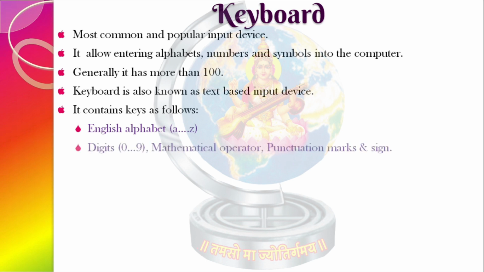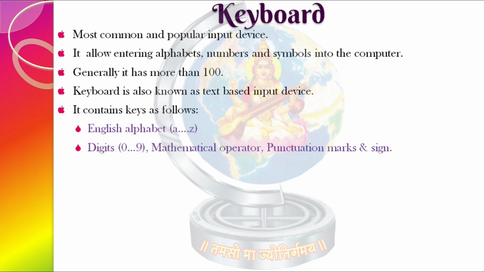Second are the digits, meaning we can provide digits in the range of 0 to 9, and the digits are available at two different places: on the top, below the function keys, and on the right side of your keyboard, where you can see the digits in the range of 0 to 9.